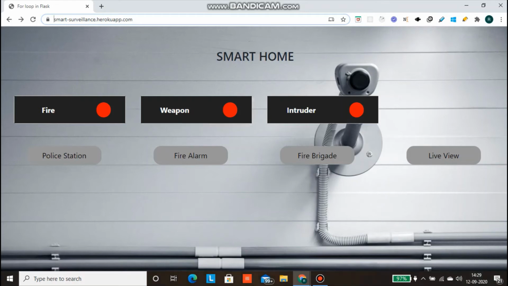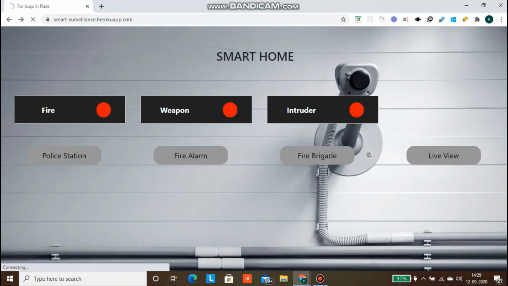So here we can see the fire is already detected with this red sign, and now we move on to the fire alarm, such that when the user clicks this button, a siren is rung at his home where the device is installed, so as to notify all the neighbors and the securities that there is some concern out there. So let's go on with this. And here we can see the fire predicted using this device.